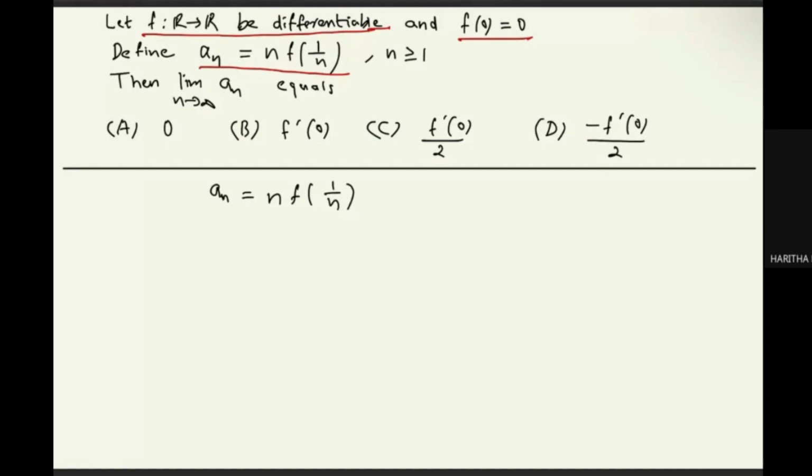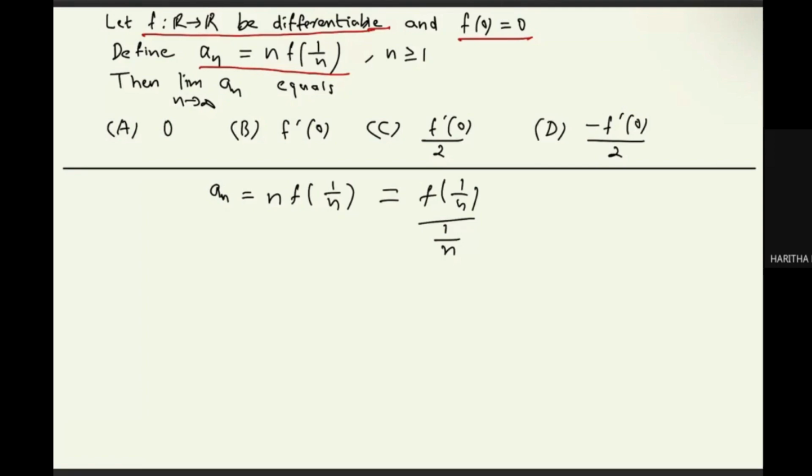So we can say that f of 1 by n will also go to 0. So the limit as n tends to infinity of n f of 1 by n, you are writing it as f of 1 by n divided by 1 by n, right? So something made you write that. It's not that someone told you to write it. Something in your brain tells you to write it in this way. Why did you write it this way? There should be a reason, right? We want